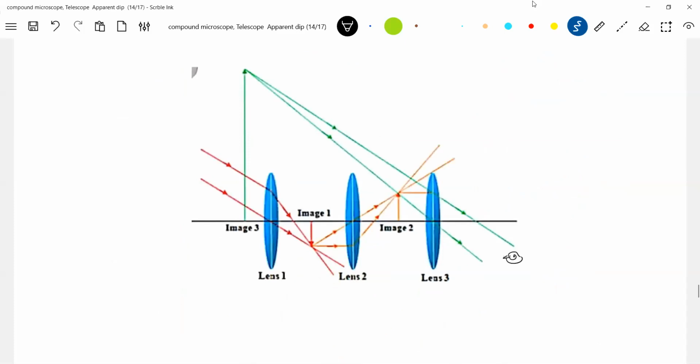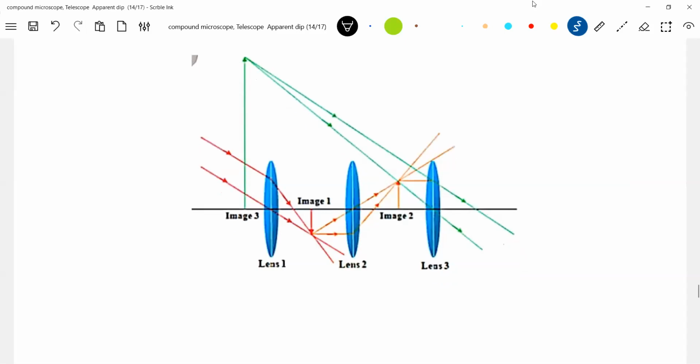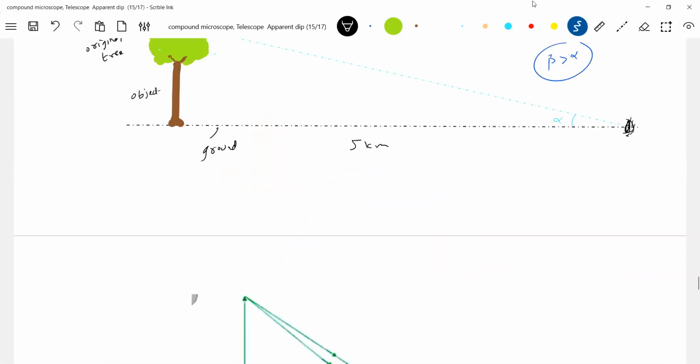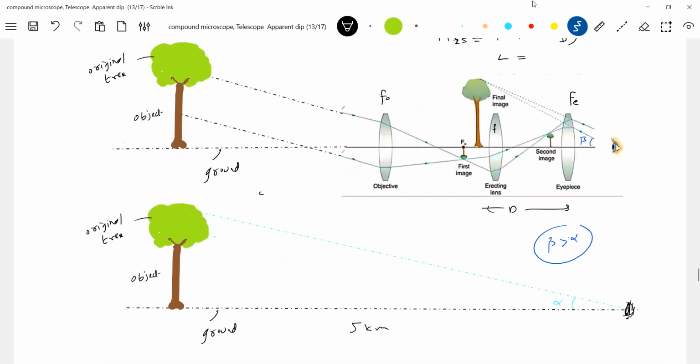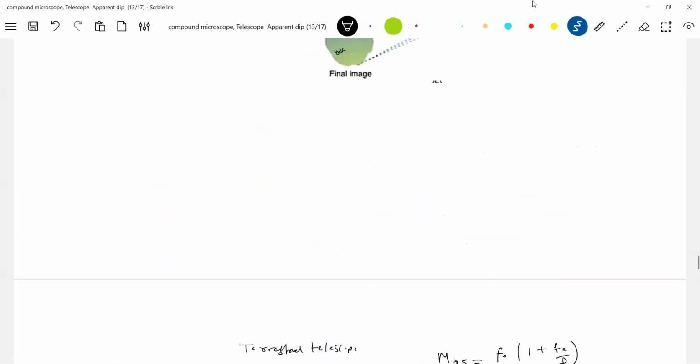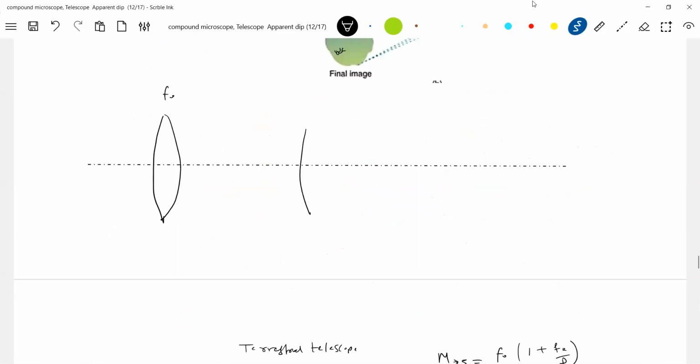Rays are parallel. Okay, normal adjustment. I think I don't have the diagram, I'll draw it here only. In the normal adjustment, I'll show the diagram. This is the objective lens. This is the erecting lens. And this is the eyepiece. The rays which are